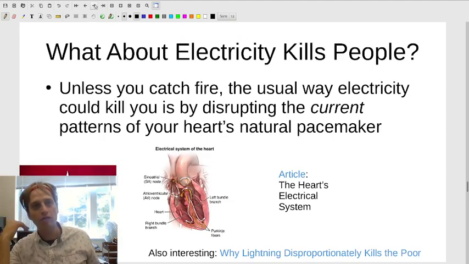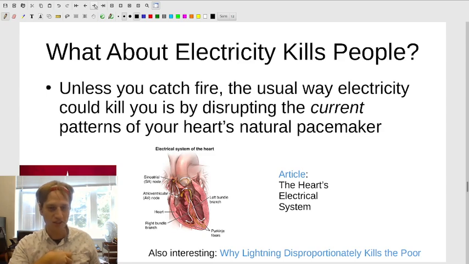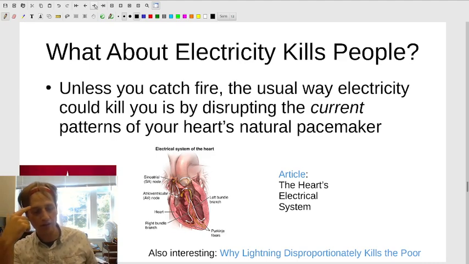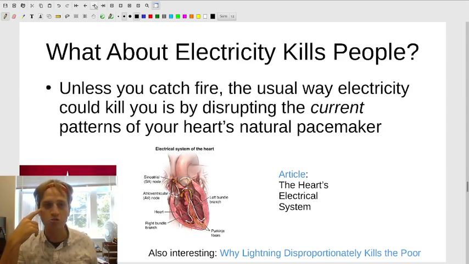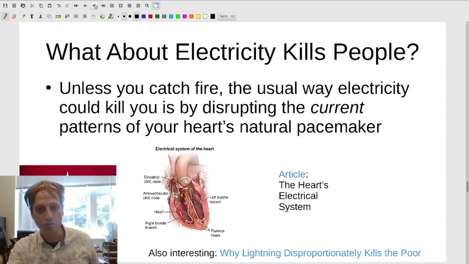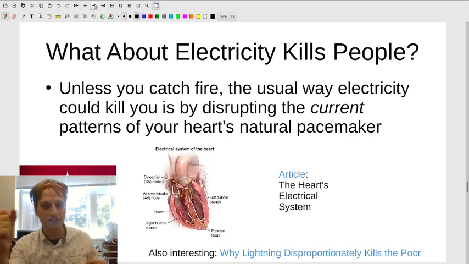Now, if you're wondering, why is it that lightning is dangerous? It's because your heart is a little electrical pump. And of course, in the early days when they started experimenting with electrical chairs to kill people, they had some very grisly accidents and would set people on fire rather than stopping their heart. But the usual way for people to die from electrical exposure is because you get shocked and the electricity that flows through your heart,